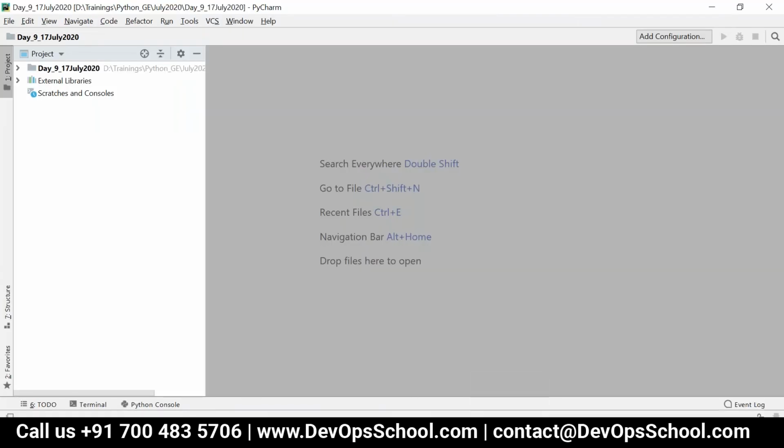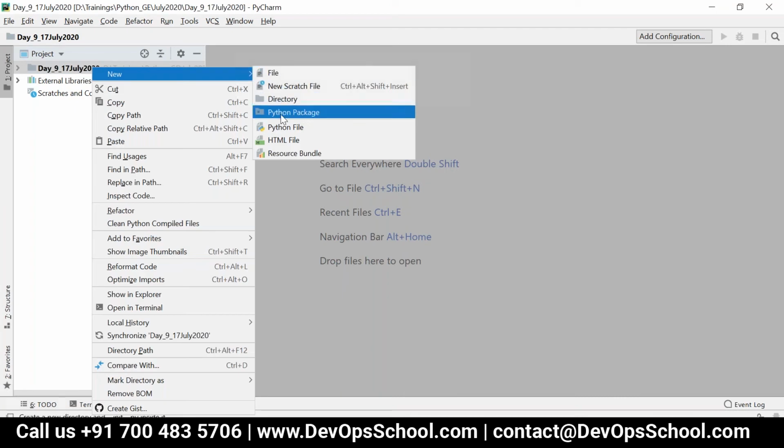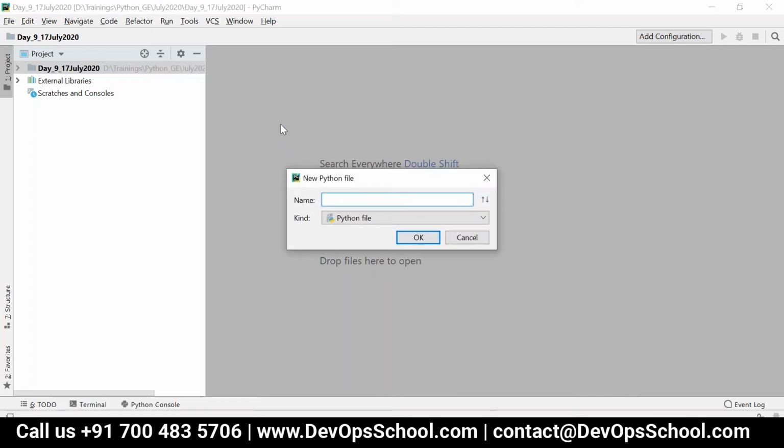Right, so let's start with modules and packages, and then we will see user-defined exceptions. Along with modules and packages, we will see user-defined exceptions. Now I'm just going to define one file. I'm going to create one file called